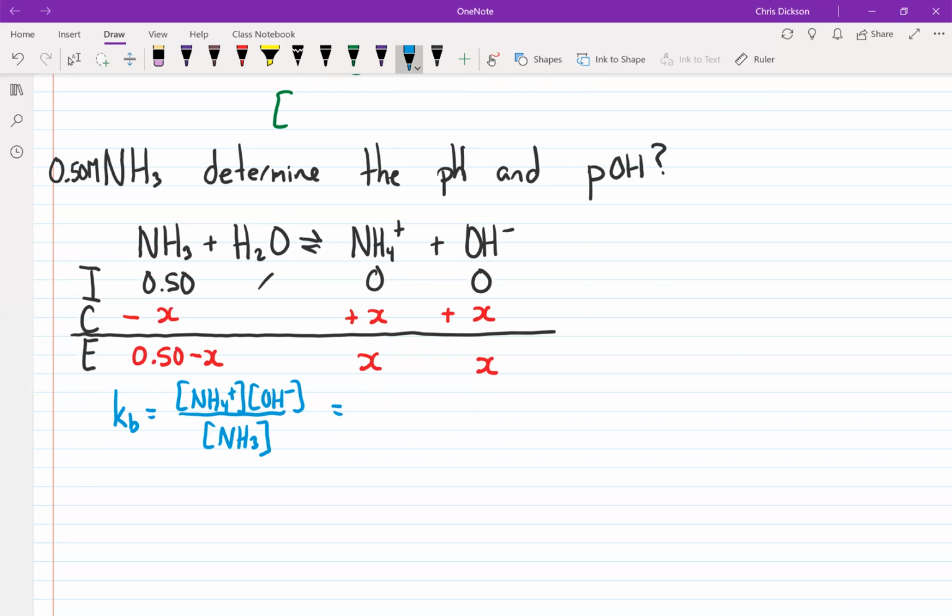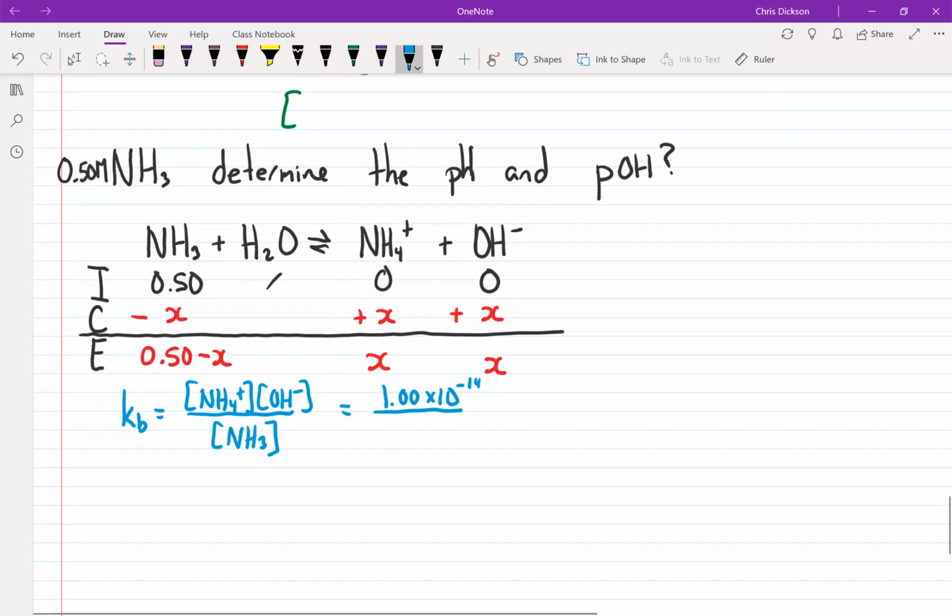Now I need to be really careful because the data table does not tell us the Kb value. It only tells us Ka. So to get the Kb, we do Kw divided by the Ka of the conjugate acid. This is NH3, right? So the conjugate acid of NH3 is NH4 plus. That's its conjugate acid. So if I look that up on the data table, going down the acid column for NH4 plus, or you could go down the base column for NH3, what you'll find is the Ka value is 5.6 multiplied by 10 to the minus